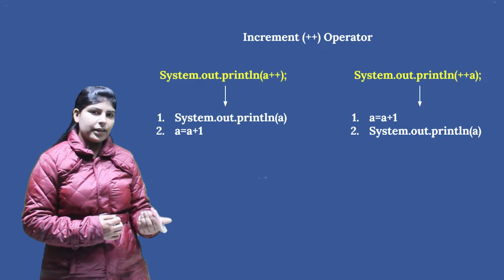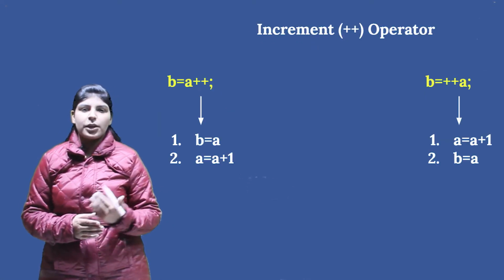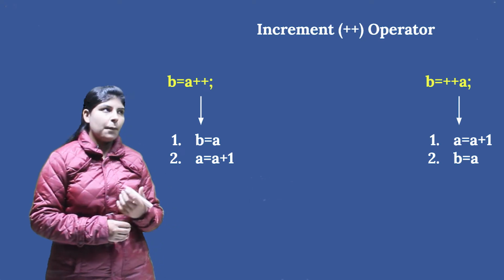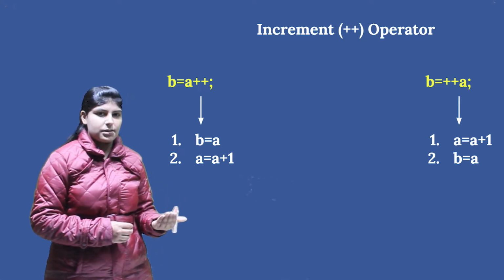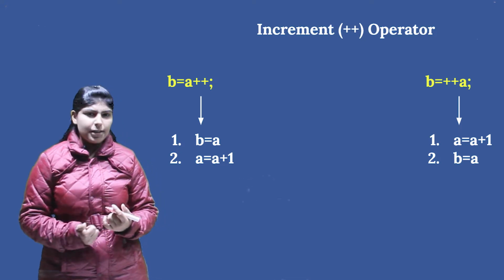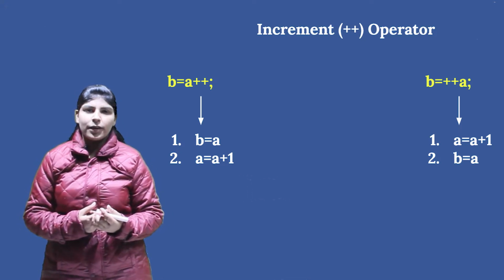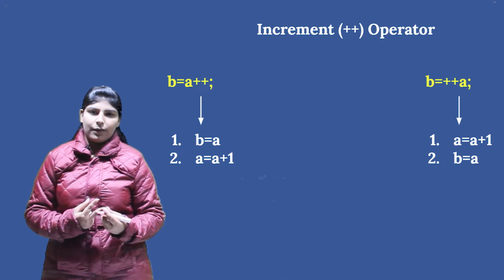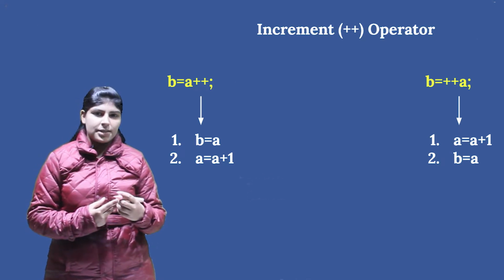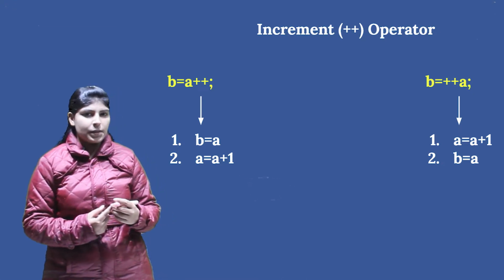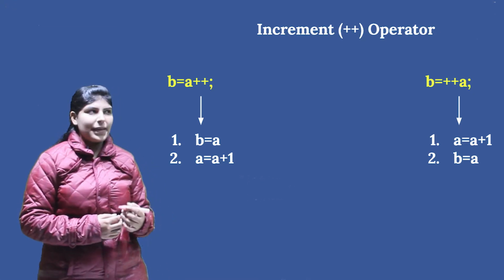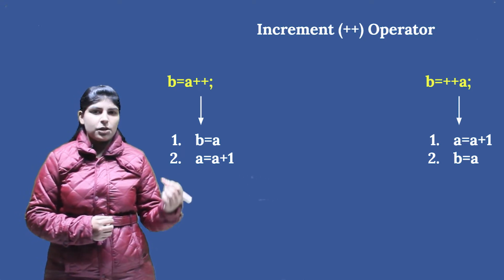Let's see another example where there is a difference between the usage of prefix and postfix operator. Let us say I have b is equals to a plus plus. Again in this example, I am doing two particular operations. First, I am assigning the value to another variable. Second, I am incrementing the value. The order in which these two operations are done depends on whether I am using prefix operator or postfix operator. If I am using b is equals to a plus plus,